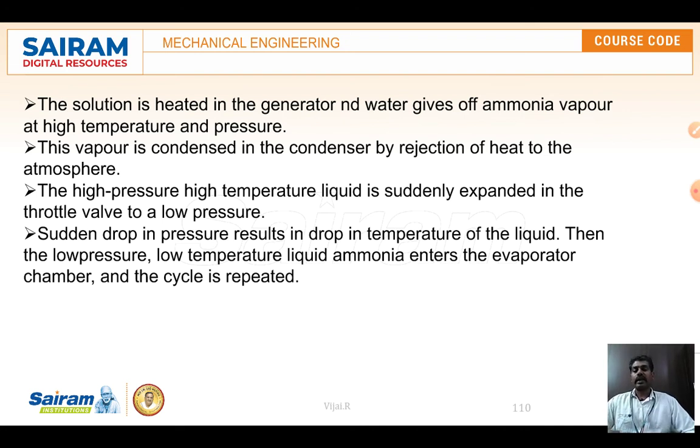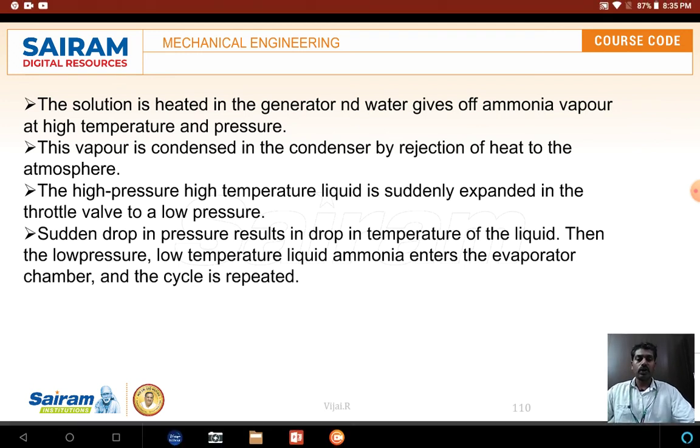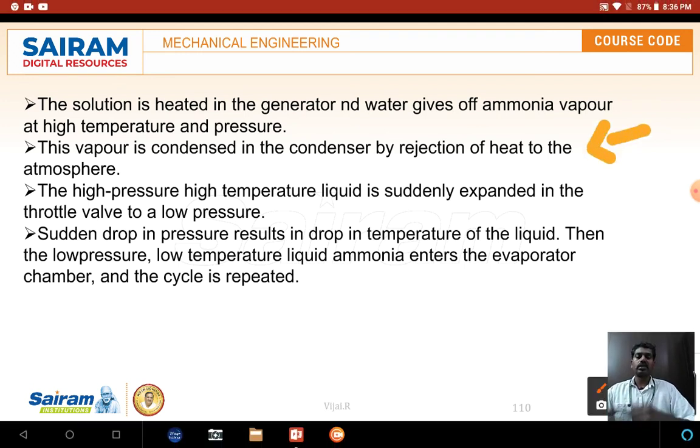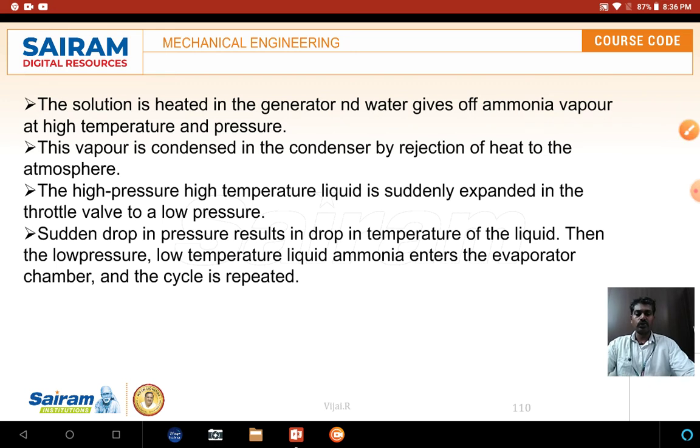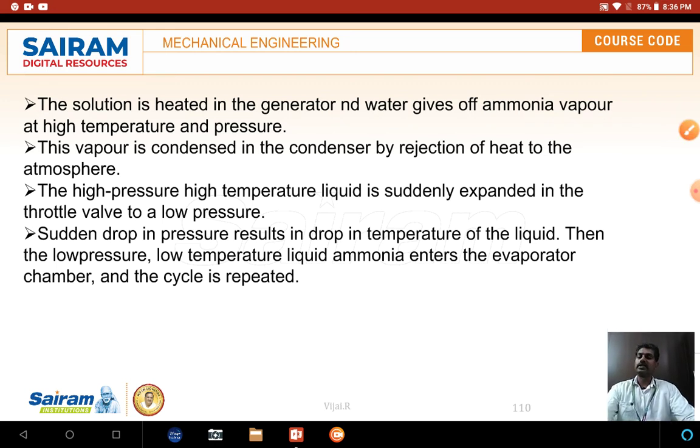So that ammonia vapor it sends to the condenser. There the heat rejection process takes place, and the ammonia vapor is converted into a liquid. Okay, so it is condensed, and the liquid ammonia comes up and is settled, and then it goes again to the evaporator area. So that continuous process is happening. Right, this is how the ammonia solution becomes vapor and it is getting condensed.